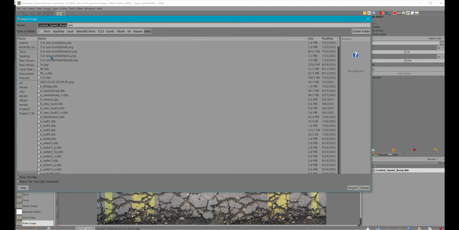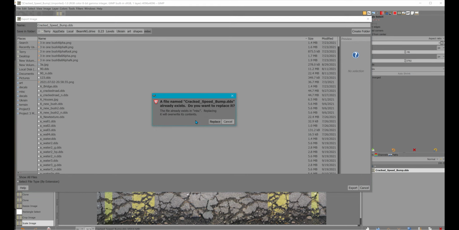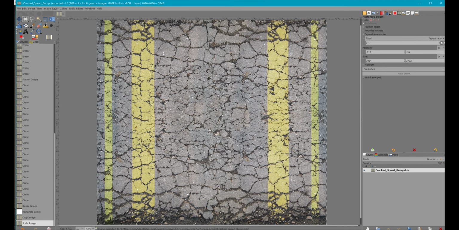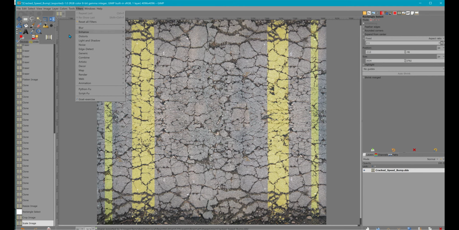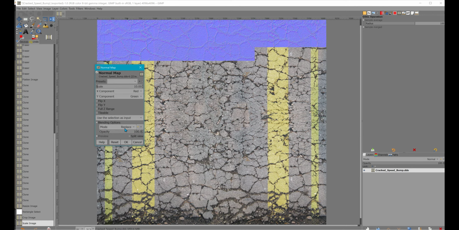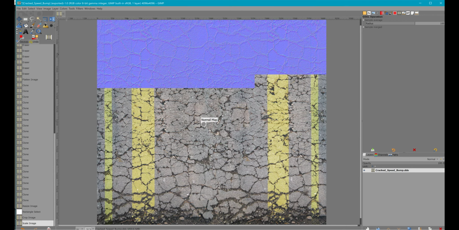which I never know if it's going to use the right compression, so instead I'll just do it this way. Since that's not a transparent map or anything, we'll just say BC1 and generate bitmaps. And if you want a normal map to go with it, like a bump map looking map, just generic normal map. And okay, and then